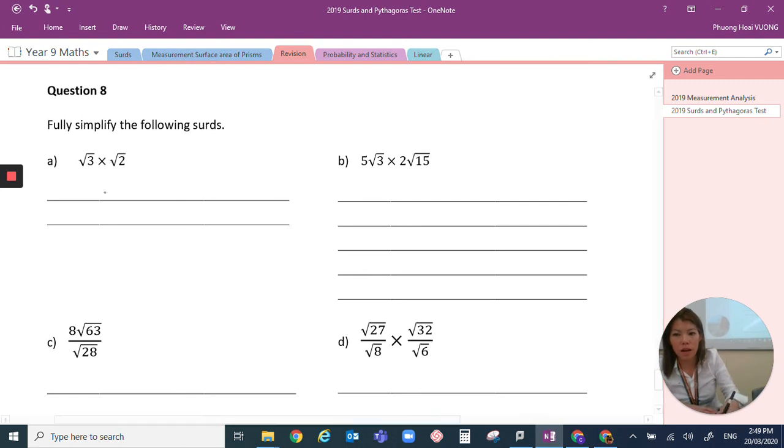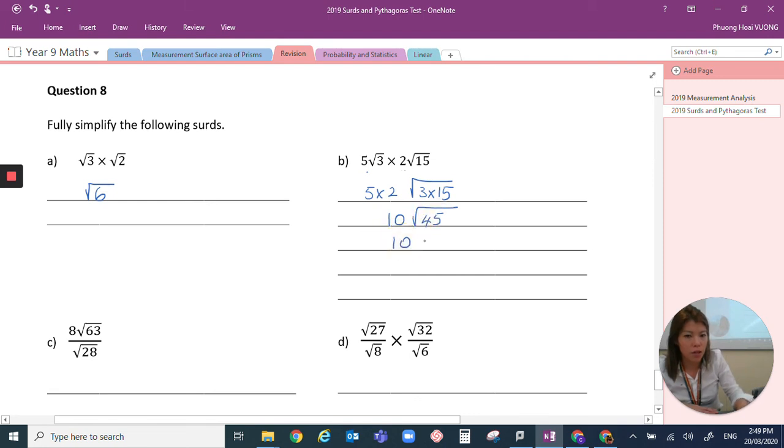Fully simplify the following. So the inside numbers multiply. You get square root of 6. The outside numbers multiply. 5 times 2. And the inside numbers multiply. So now we have 10 square root of 3 times 15, which is equal to 45, but we notice that 45